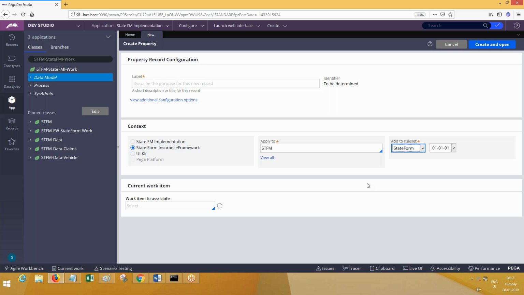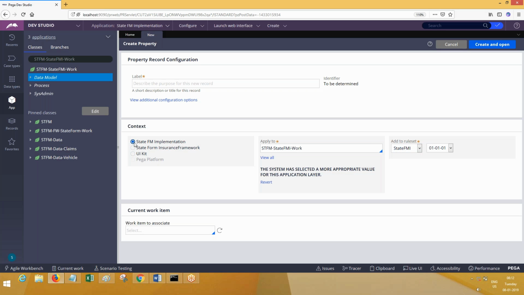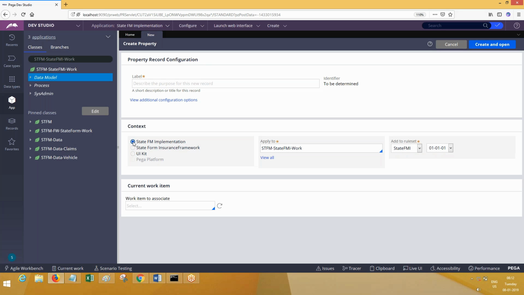These two clear, everyone? Next point: if you're creating rules in the organization class, which context? Because organization is common, right? How would you decide between the contexts? For the organization class, both contexts are visible. See, rule sets are coming in both places. So both contexts can be used for organization. Which one will you choose? When both are available, you have to choose according to your requirements, right?